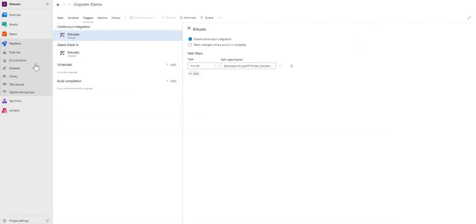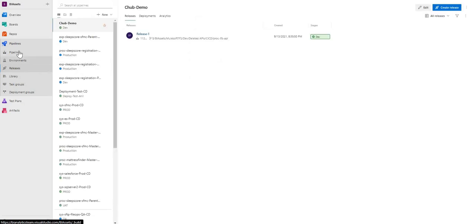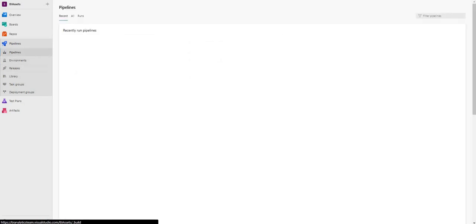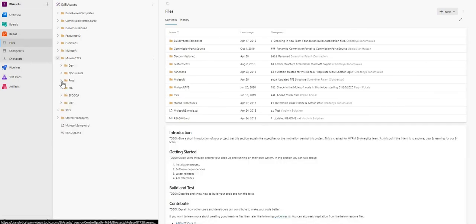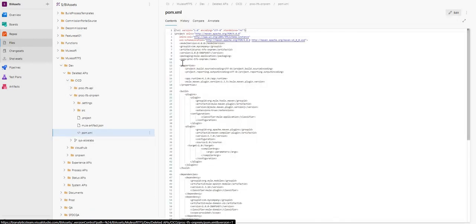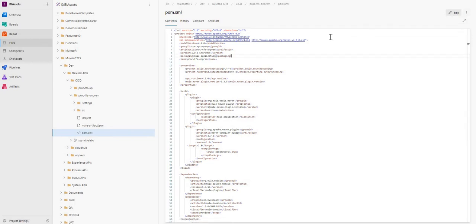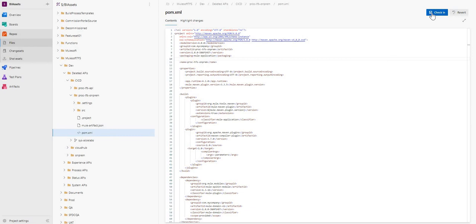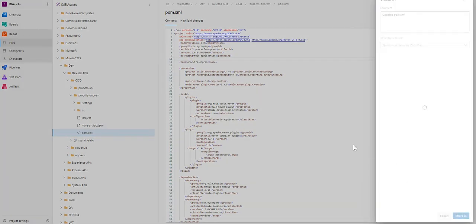Triggers, done. Yeah. So let's make a similar change in the pom.xml for it to trigger. Edit. Save it.